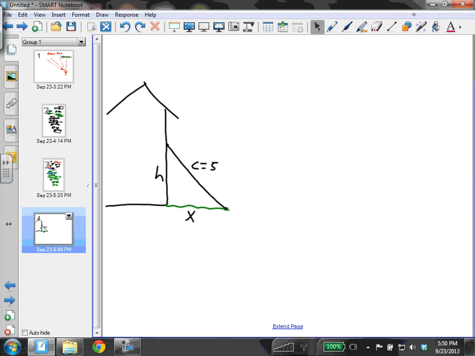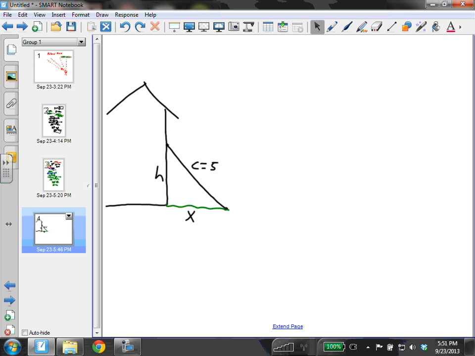Hopefully, after watching 2 videos on the sliding ladder problem, you did not have any trouble with number 9, but I am going to talk about numbers 10 and 11 on page 200 in your textbook. 10 and 11 are the same type of problem, except they change a few things up, but it's the same general setup. So if you notice what I have on the board right now, I've actually changed some of my variables